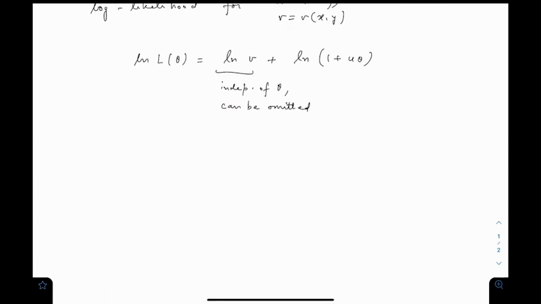Our maximum likelihood estimate of theta for a given sample